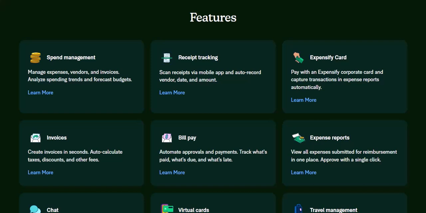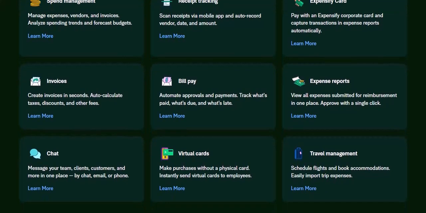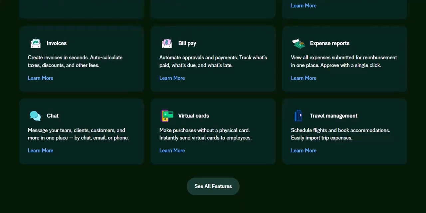Downloading receipts from Expensify is a straightforward process that can be completed in a few simple steps. By following the steps outlined in this guide, you can easily save your receipts and keep your